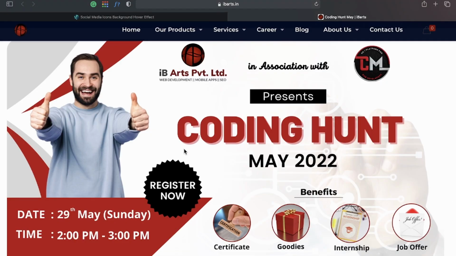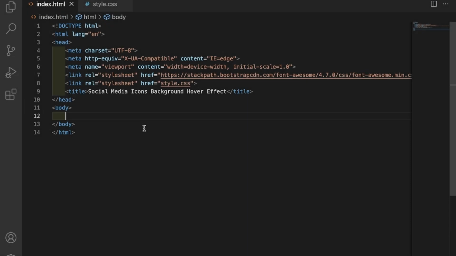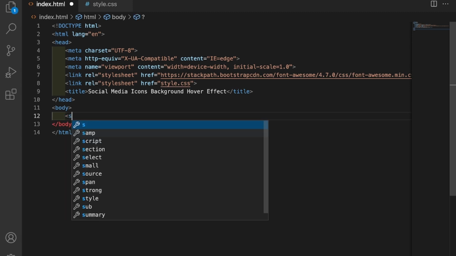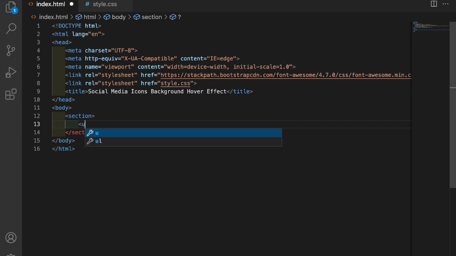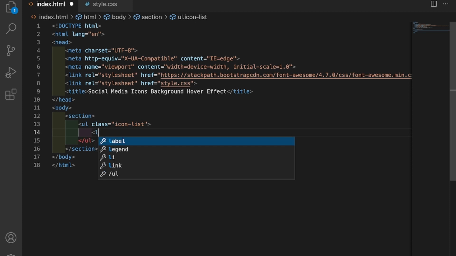And now let's start the video. So guys, here I have already written some basic syntax of HTML, and now we will write the main code. In the body tag, first of all I will define a section tag, and in this section tag, first of all we will create an unordered list. So for that I will write ul and define a class name icon-list, and now I will define